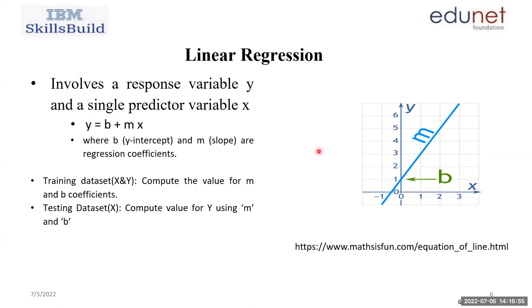Okay, so first we have to go for what is meant by linear regression. It consists of two different types of variables, that is dependent variable and independent variable, which I will explain later in detail. This is the concept of linear regression. We want to predict the value of y. We have x with us, and based on the data set we have